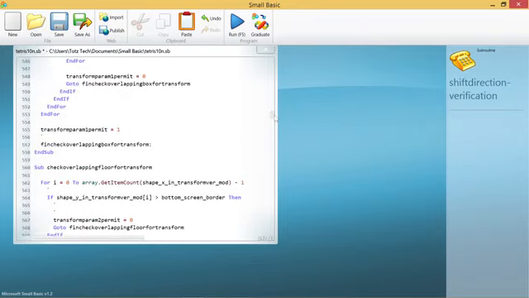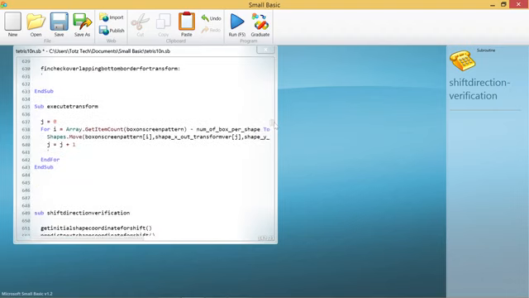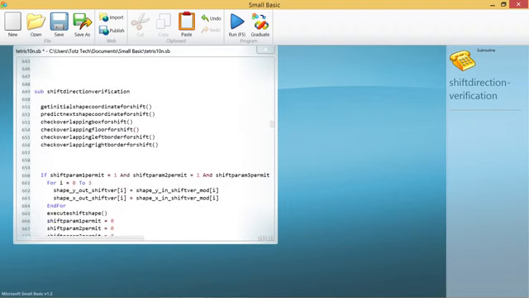So first the shift direction verification will be executed, also with this sub. First we get the initial shape coordinate shift, and then predict the next step coordinate for shift. Check overlapping: is it overlapping or not.